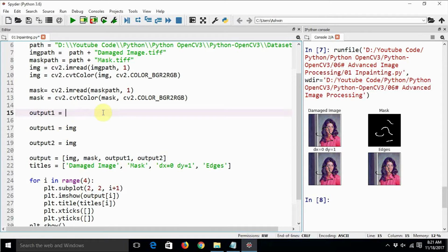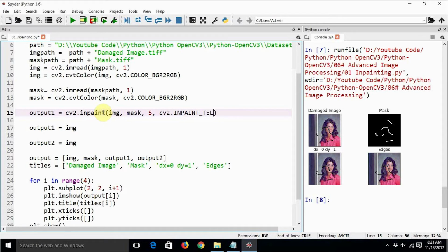So let's see a sample of cv2.inpaint, and then the input image img, comma mask, comma the size of the neighborhood using which it is going to perform the restoration activity, and finally the method. So there are two methods. One is Telea, another one is ns. Both are based on some paper published in the world of image processing and visual computing.